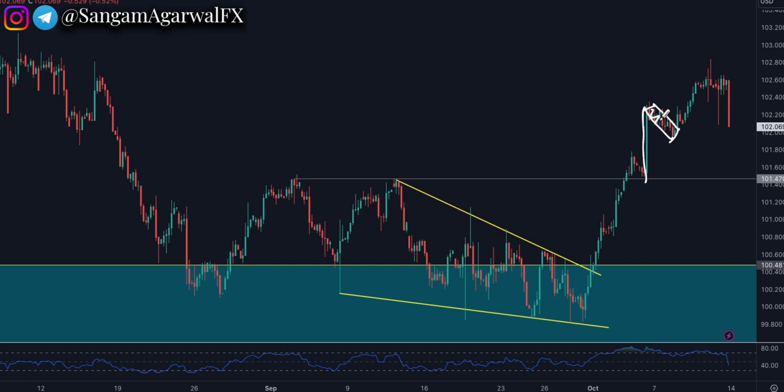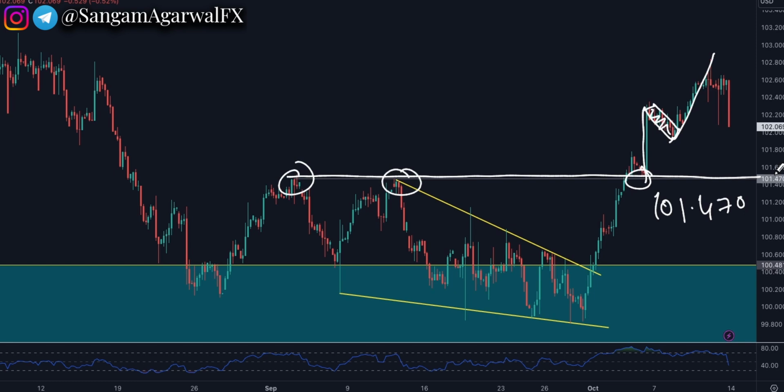correction on the intraday time frame, then goes up. But same like last week, the technicals are still the same. This is your weak support level on H4. Best thing, we have static support at 101,470. As long as price is trading above this area, there is a high chance the dollar is bullish, and this can be our trend